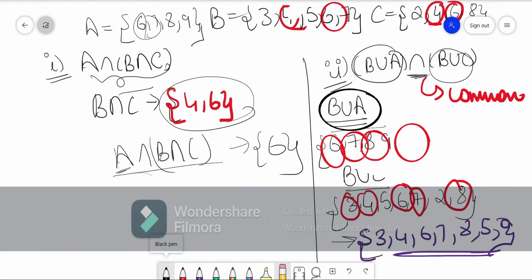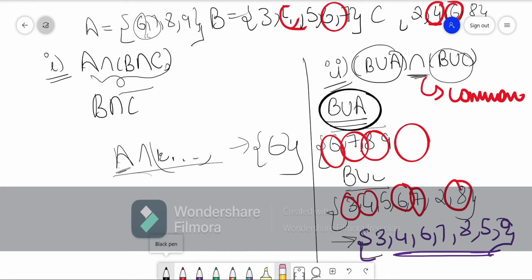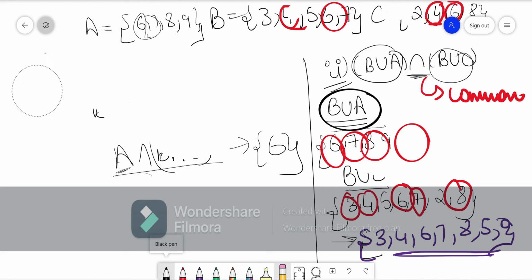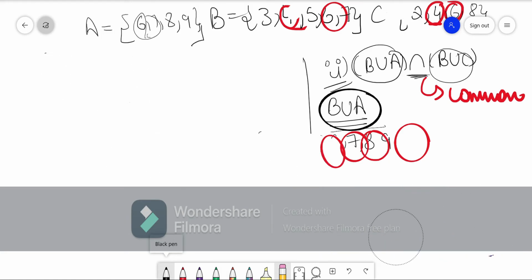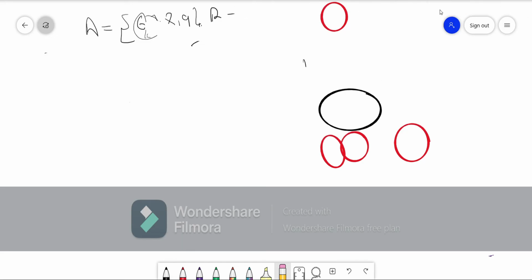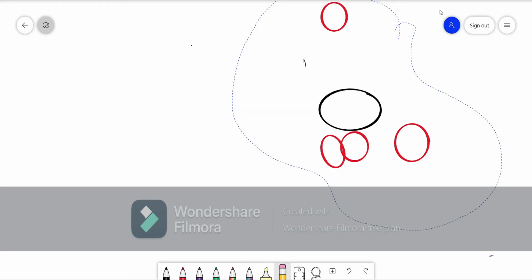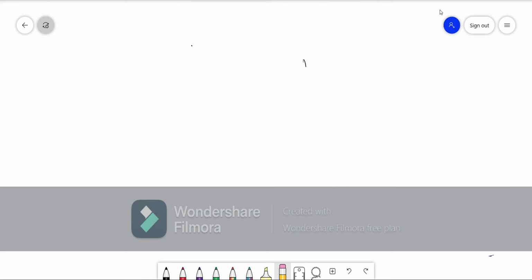Alright, let me delete all of this. Let's see what is in the next part, the third part. You have to do B union A intersection C. I think you can do these questions yourselves, so you try all of the other parts that are left, and I'll teach you the further questions, because otherwise we'd be wasting time on each and every part. But if you're not able to solve it and you want me to do that, that will surely be possible. You can just tell me in the comment section and I can help you with that.